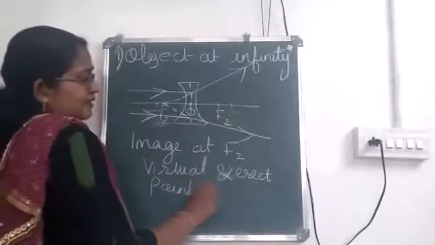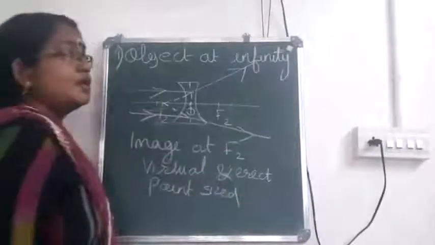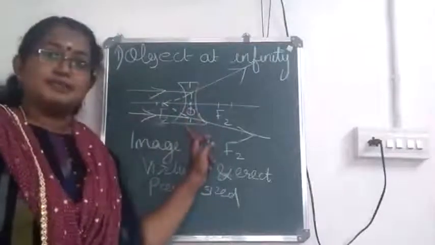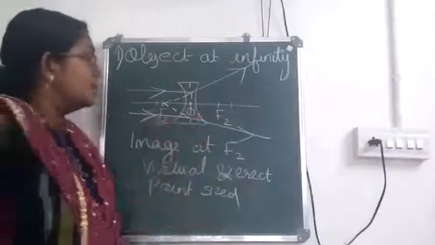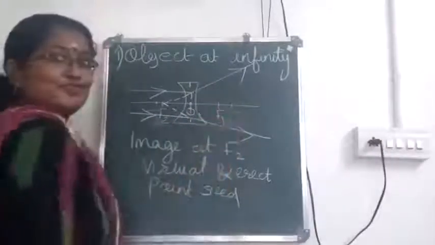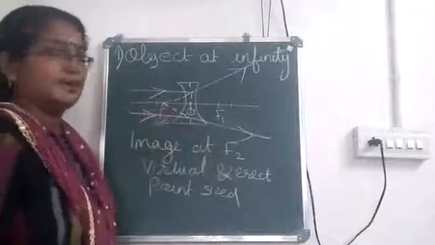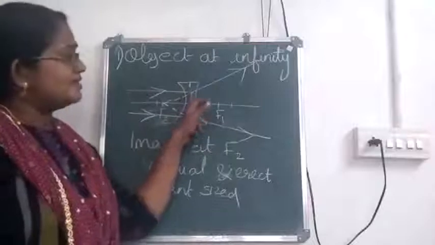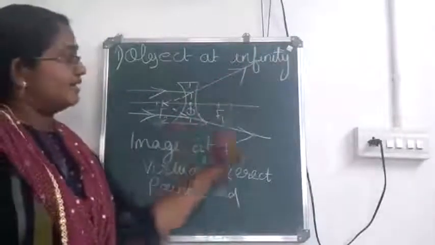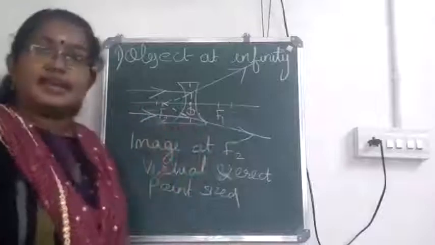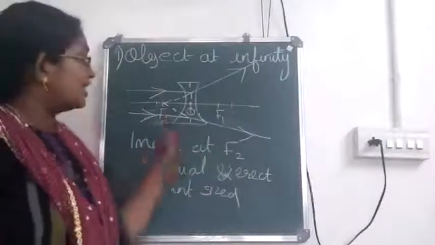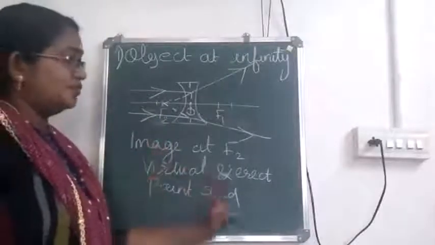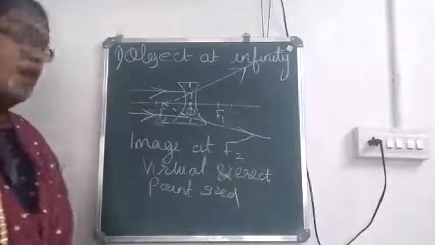Okay, it's point sized. Once again, here we have drawn a concave lens, then the principal axis marked with the optic center. One mistake I made. This is F1. Okay, F2, F1. Then, if the rays are coming parallel to the principal axis, after refraction it moves upward. Here it moves downward. When you are extending the refracted rays in the backward direction, it meets at the second focal point. So, image at F2, virtual and erect, then point sized.